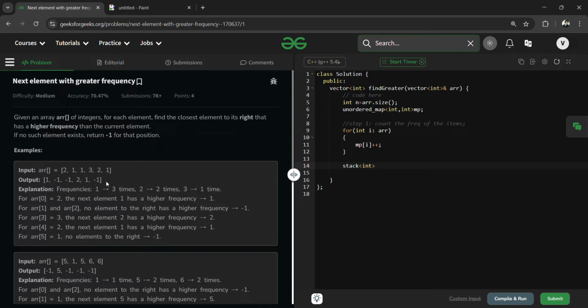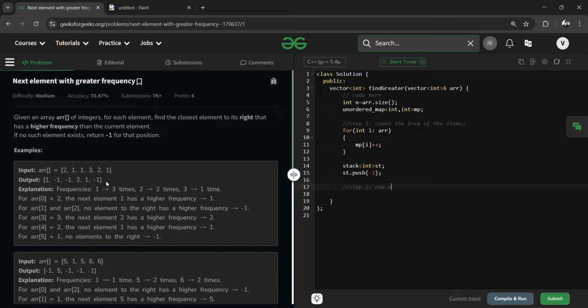Or modify our array. Okay, so here what we have to do: stack of int, let's say I define st, and for the initial point we do st.push(-1), that means here we fill it with -1. Okay, now once we have created our stack, now in our second step, we need to check